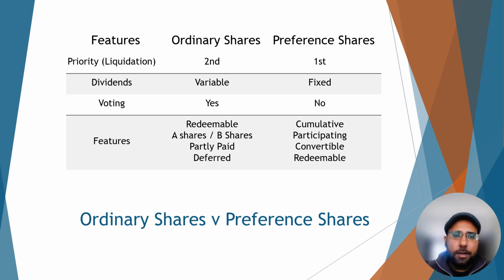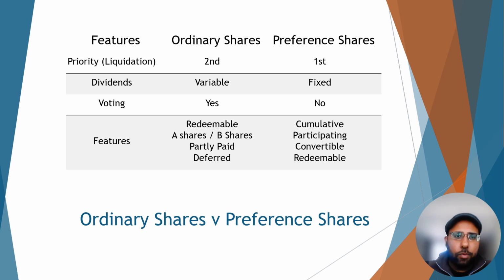And the next one we'll look at is the convertible preference shares. It allows shareholders to convert their preference shares into a specified number of ordinary shares at a certain point in time after certain conditions are met. It allows investors to benefit from potential capital appreciation within the common stock. So as a convertible holder, your aim is to believe, okay, I will have a set amount of fixed dividend, but if it reaches a certain point and the company has met all its targets, I can convert my preference shares into ordinary shares and then benefit from the maximum growth.